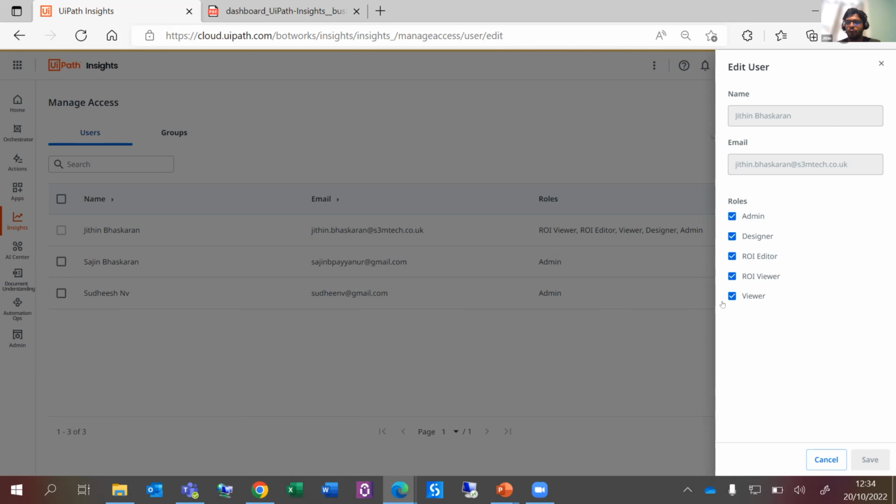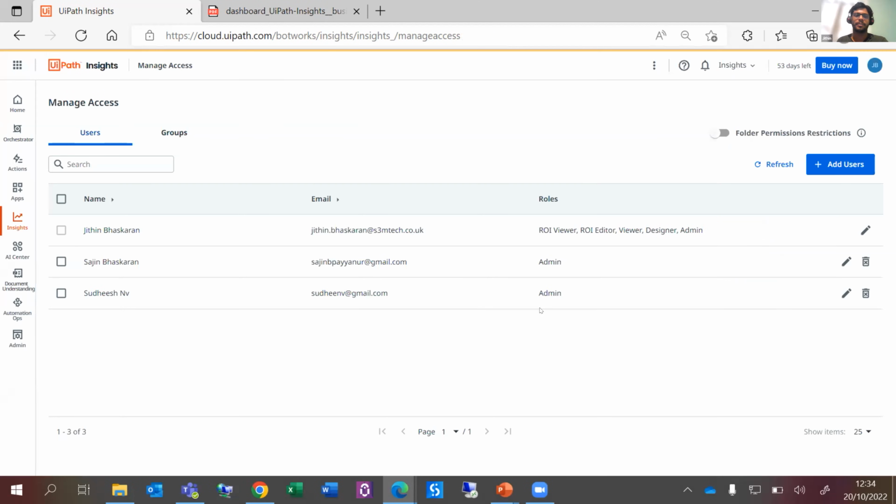But for the business owners, if you want to just give them a viewer role, we can give the license as per the ROI viewer and viewer. UiPath has created special roles for ROI viewer, as ROI is something confidential. So we have an option over here in the permissions where we can assign particular users